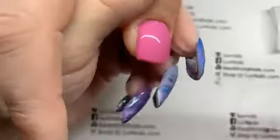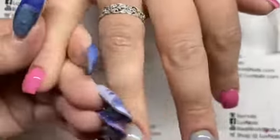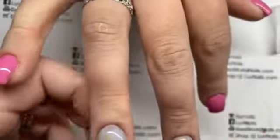Squeaky clean. Now I just go around the edges real quick, make sure that there's nothing sticking down. Sometimes your top gloss will run to the side. I don't like it. Okay, and then I'm going to